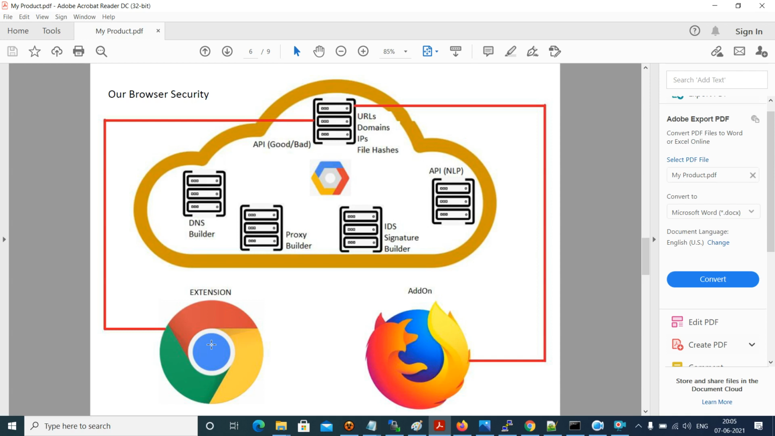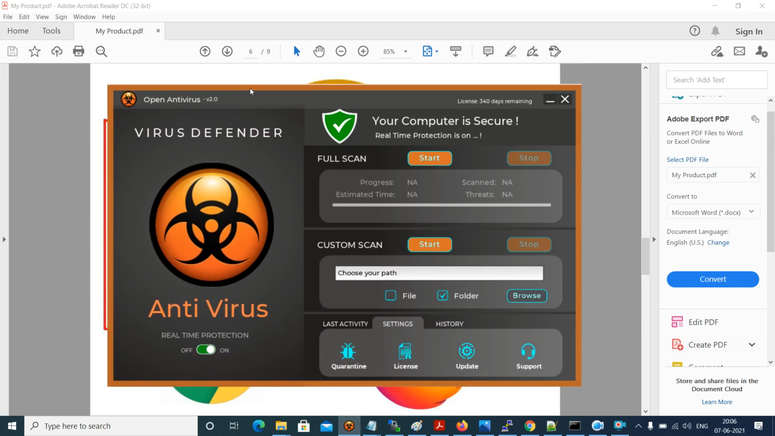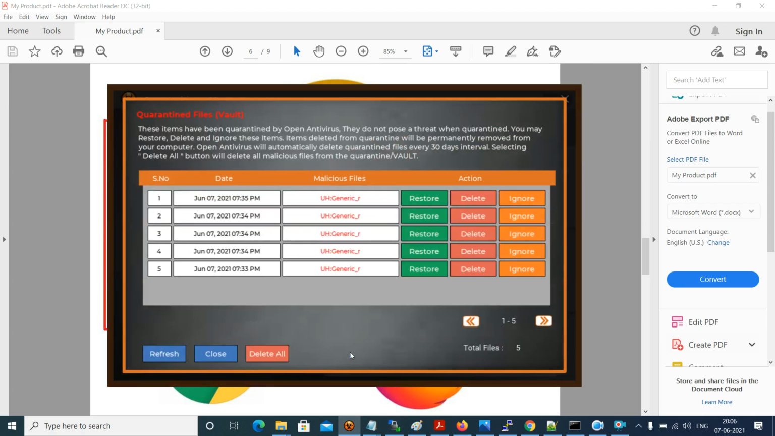Okay, so now let's jump on to the demonstration of the antivirus also. So this is how our antivirus looks. Let me quickly walk you through the features. It has a quarantine feature where